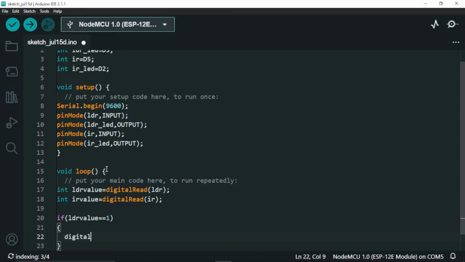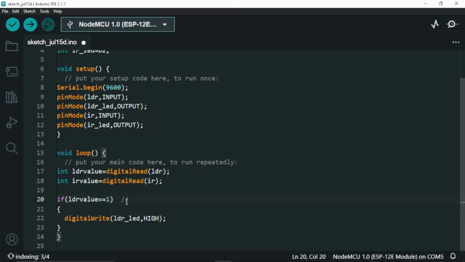Before that we have to make a digitalWrite. Inside I am going to make my LDR LED high. Let me write the comment here also: night time. If this condition is true, our particular LDR LED will be in the high state. Now I am going to make another condition for vehicle detection. So if IR value is equal to 0,